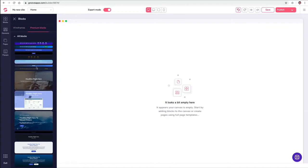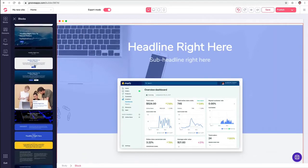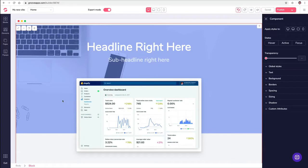These are blocks that when you pull them over, they actually have images and designs so you can pick from different things and just pull them over and build a website that way. So the choice is up to you, or you could mix and match. I'm going to delete this in just a minute, but basically I want to talk to you about our design